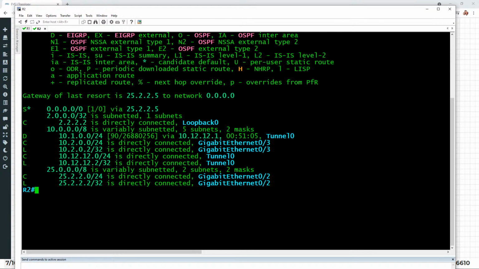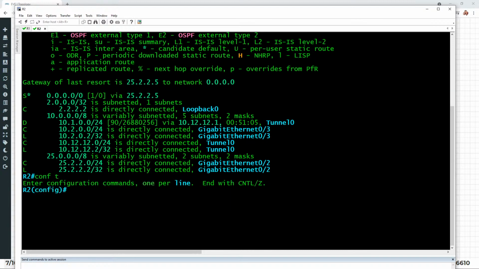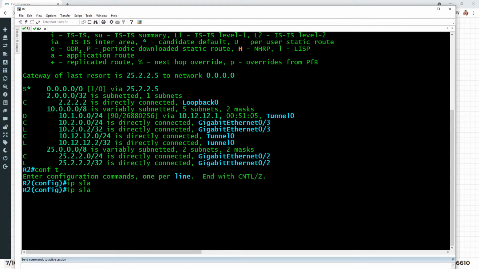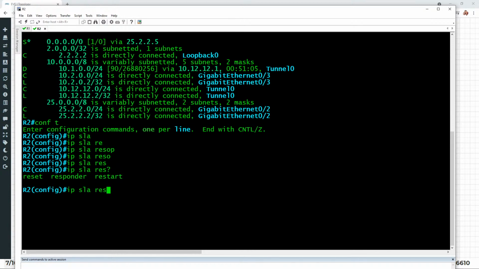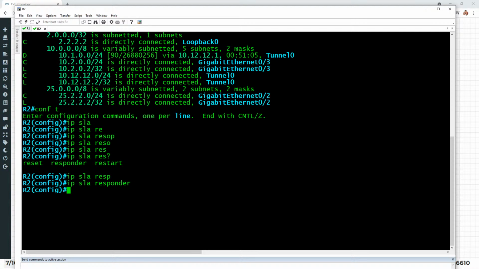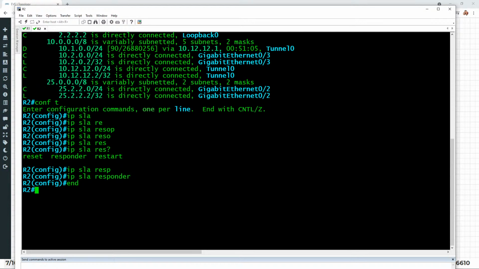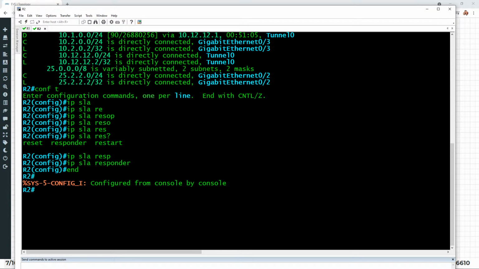All right, so this is R2, and he has a route back over to 10.1.0, and there's the tunnel interface at 10.12.12. Great. So he's got connectivity back. Let's go ahead and set up an IPSLA responder. You're not going to believe what the syntax is. IPSLA responder. I think that's the command. IPSLA RESP. Oh, I see, there's multiple options that start with RESP. There you go. I'll tab it out. That's it. This guy is now willing to respond to SLA probes from whoever. We haven't locked it down to a port or a source or anything else.